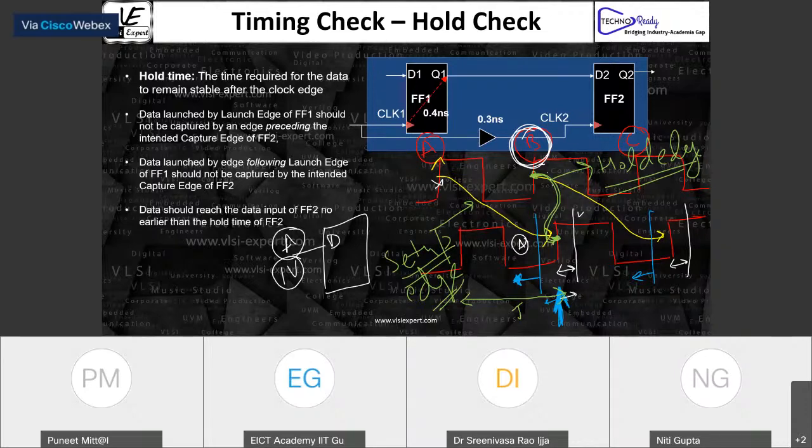That means this path is independent of data. Because the moment the path becomes data dependent and you do the analysis based on that, then you have to do the analysis for each and every data. And that's what you don't want to do. Is it clear?